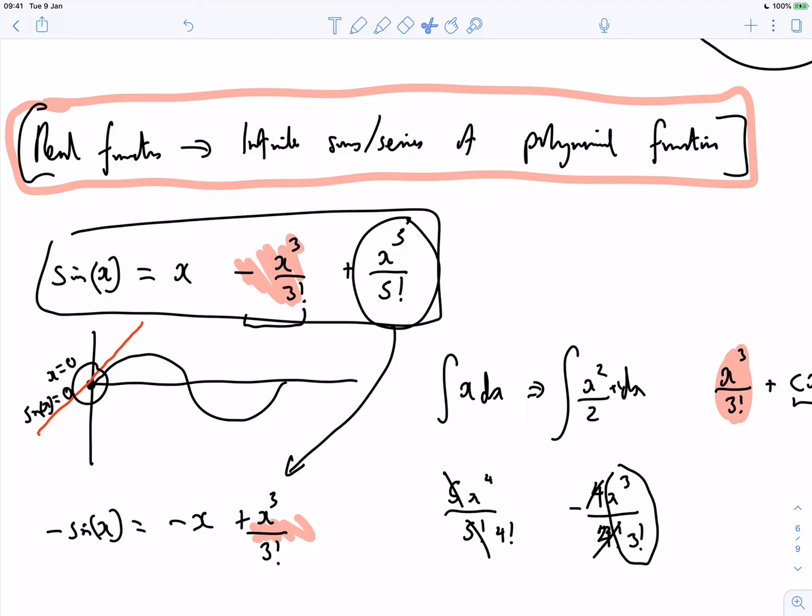If I now multiply this bottom thing by -1, that becomes positive sine, that becomes positive x, and now this becomes minus x cubed over 3, and we get the first 2 terms behaving as they should. And then we've got to go, okay, hold on a minute, but then you've increased this, and so on and so on. And the idea is, I'll cut to the chase,